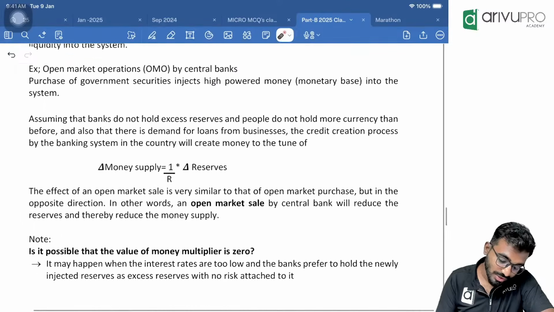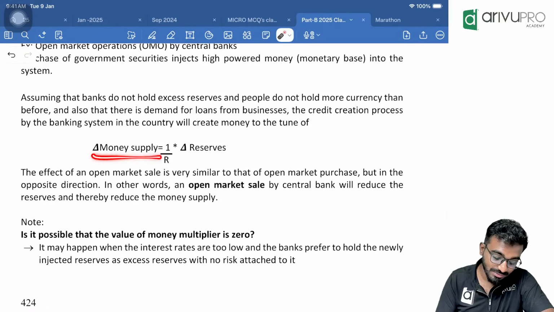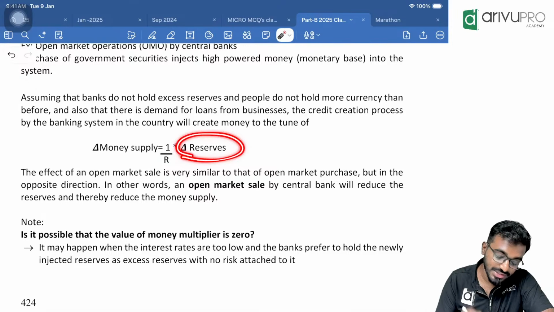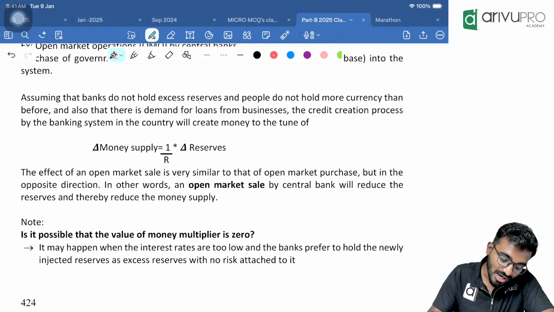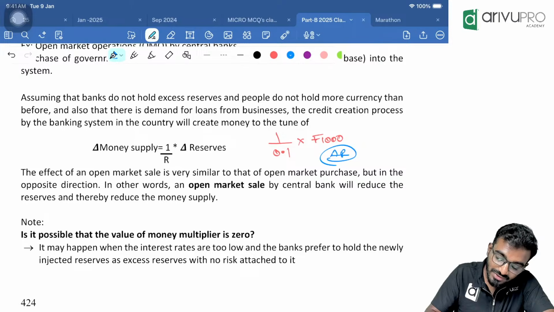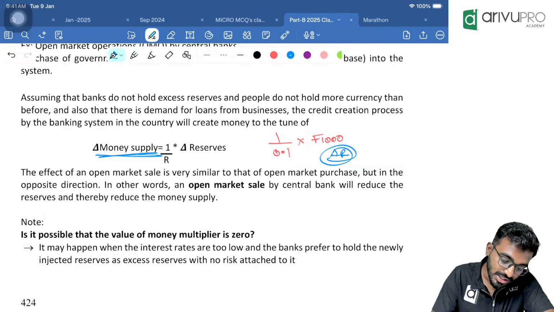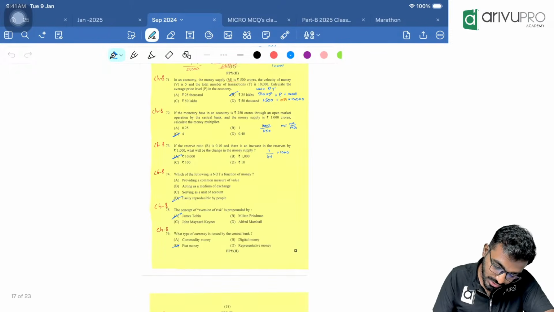So in this, there is one more question they have asked once. Change in money supply happens because of change in reserve. Let's assume earlier RBI asked them to keep a reserve of 10%, 1 by 10%, that is 1 by 0.1. Now RBI asked them to keep additional 1000 rupees as a reserve. That means there is a change in reserve. Whenever change in reserve happens, that will also lead to changes in money supply. Wait, I will show the question. Yeah, see here.